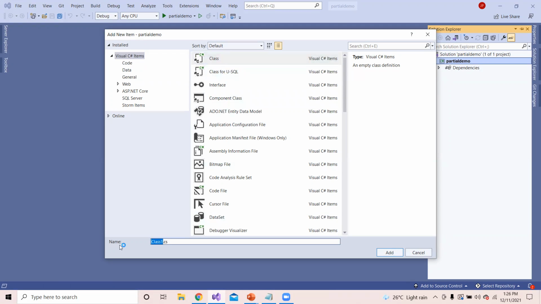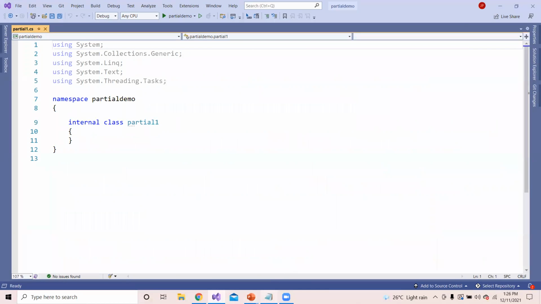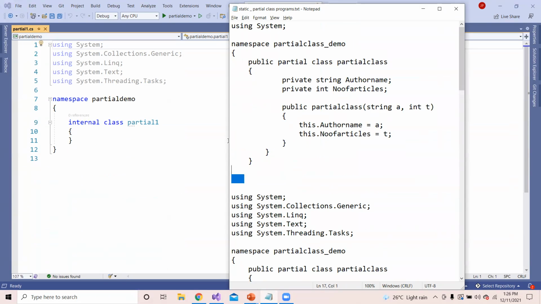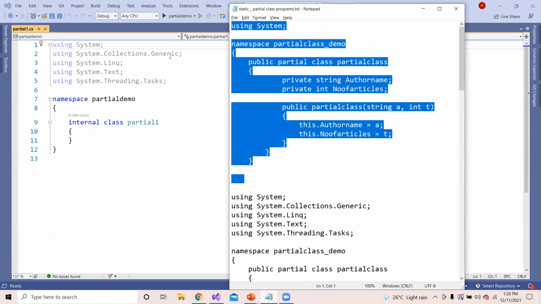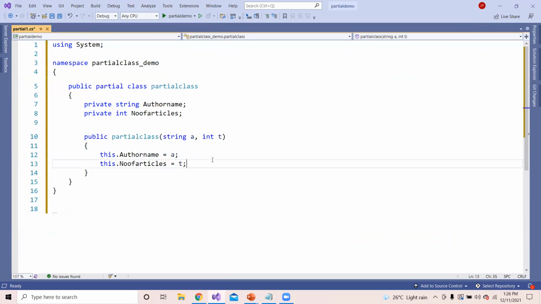Here, I would like to give the name partial1. To save time, I have already written the program here. Let me copy a few of the things. Currently, I have a partial class. This is the namespace PartialClassDemo.